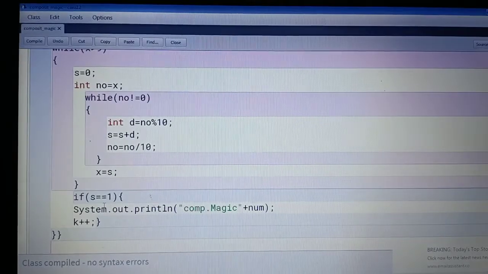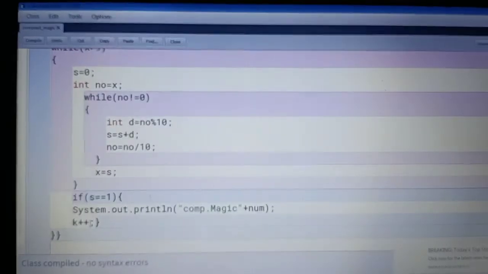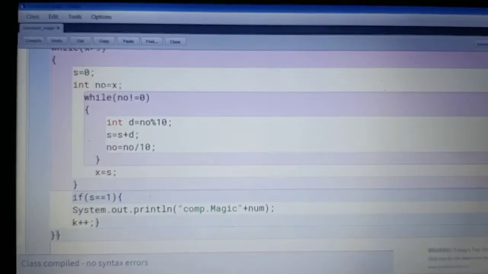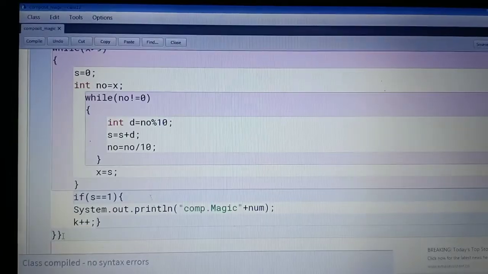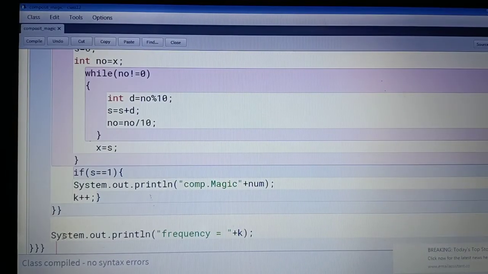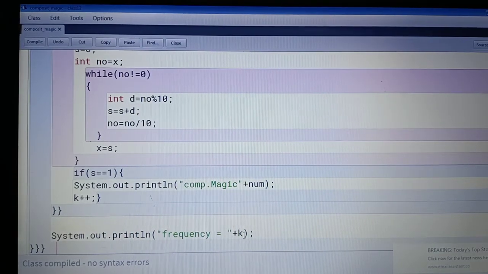Whenever this condition is true, the k value increases. After this, close all the braces: the if block and the outer for loop. Then after closing the outer for loop, you print the frequency of the numbers. So here we print frequency equals k. After this, close the method, class and if block.